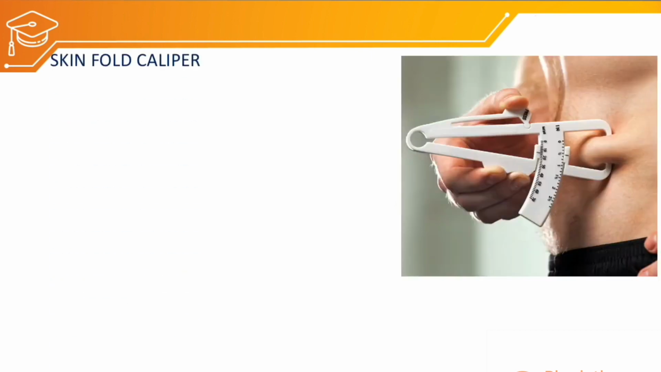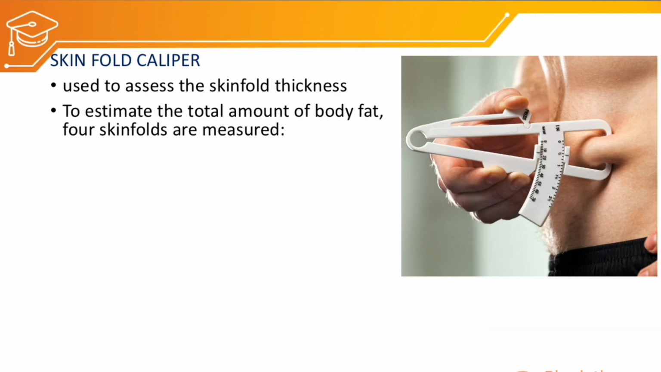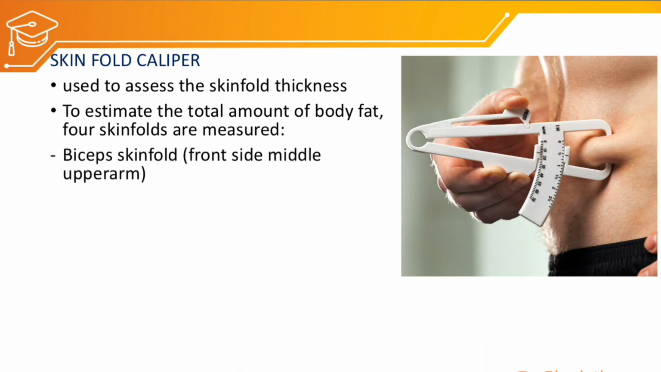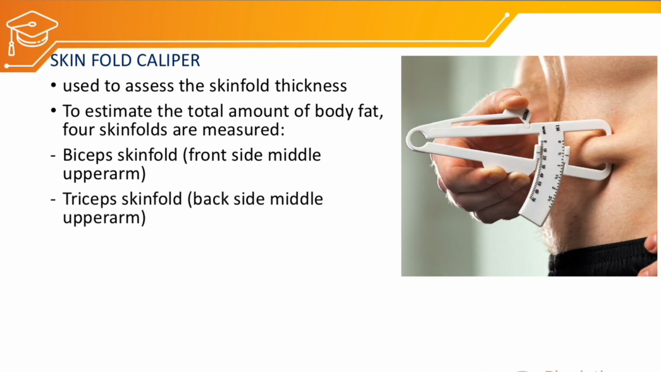The skin fold caliper is the tool which is used for measuring skin fold thickness. If we want to estimate the total amount of body fat, four skin folds should be measured. Number one, the bicep skin fold, which can be measured in the middle part of the upper arm. Next one is the tricep skin fold, which can be taken at the back side of the middle upper arm,